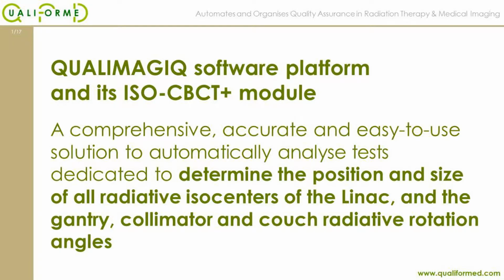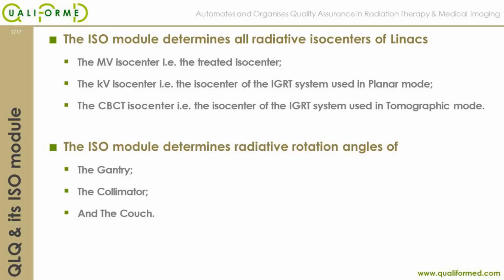I would like to demonstrate for you the ISO CBCT Plus module, designed to determine the position and size of all radiation isocenters of your LINAC, as well as to determine the radiative gantry, collimator, and couch rotation angles. The position and size of all radiative isocenters: the MV isocenter, that means the treated isocenter, the isocenter of the